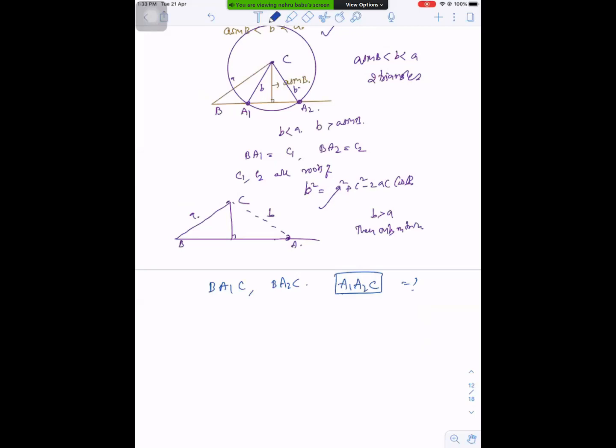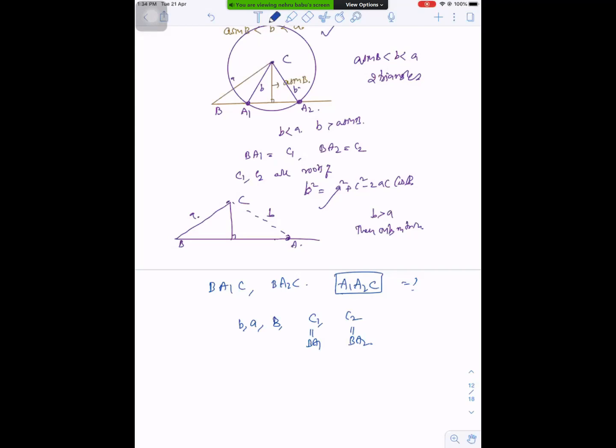This 2013 problem. Like this, some of the results, the difference of the results, they will ask. Here the only difference is what? Here B is the same, A is the same, angle B is the same. But the only difference is that C has two possibilities. In one triangle, C length is C1. In one more triangle, C length is C2. So BA1 is this and BA2 is this. With the help of this, we'll solve the problems.